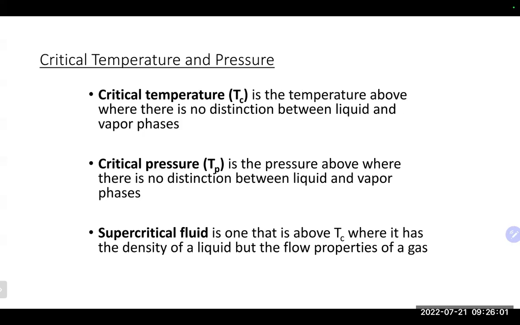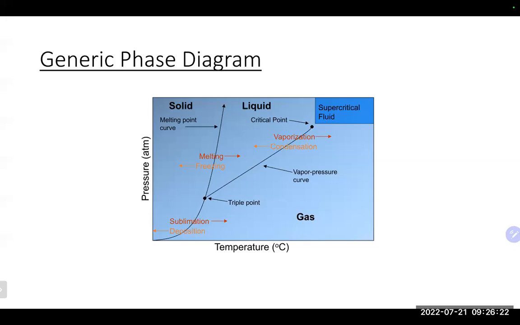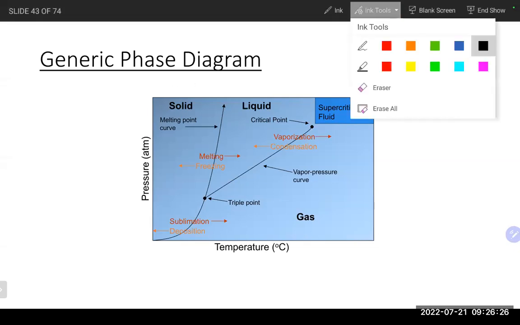At that point or above that point, where you have that critical point, that is sometimes referred to as a supercritical fluid, and that is one where it has the density of a liquid, but it does have a lot of properties and sort of flows like a gas at that point. Take a look at a generic sort of phase diagram. It looks like this. And typically this is sort of the setup where we have our solid,